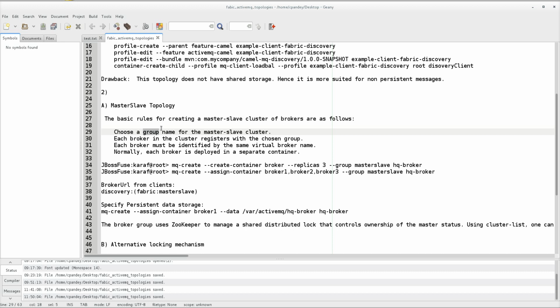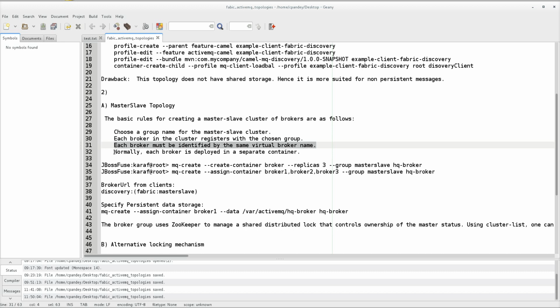That's why the group name is required, and each broker in the cluster is registered with the chosen group. Every broker should register to the group, and each broker must be identified by the same virtual broker name.